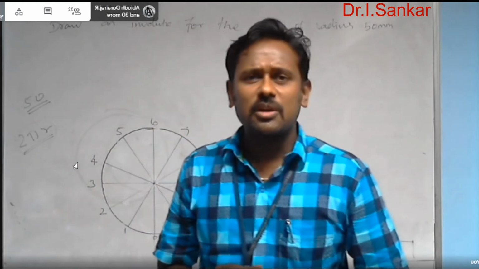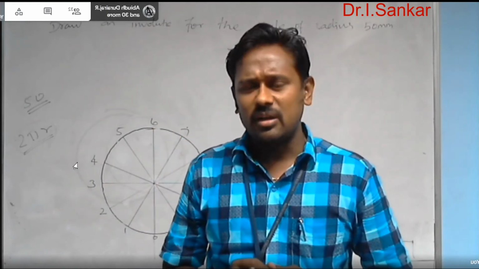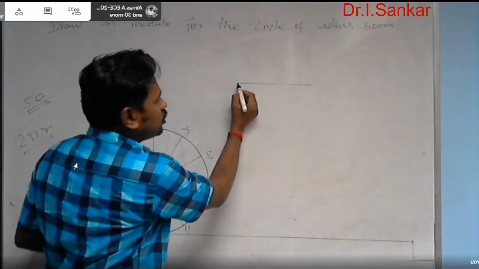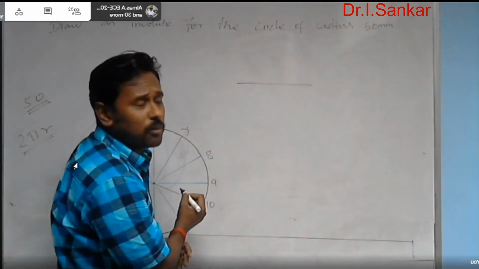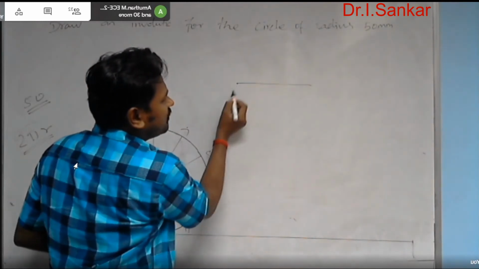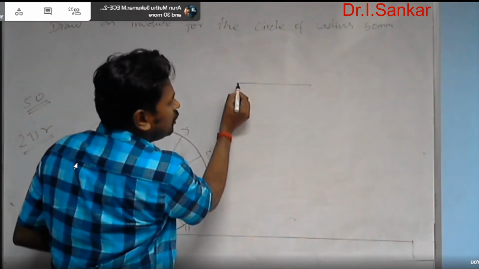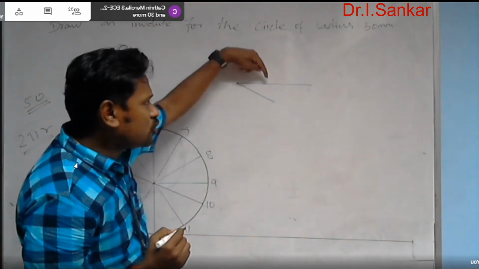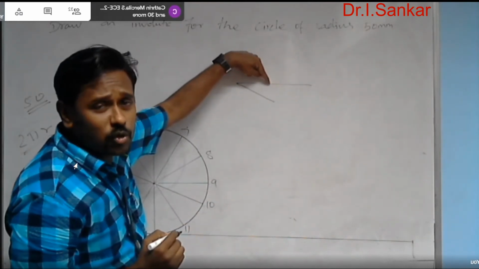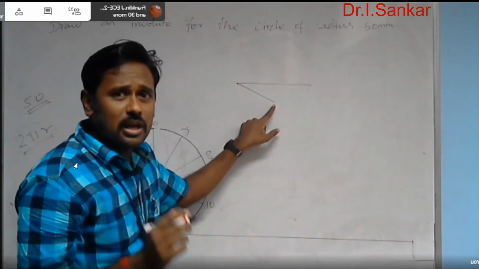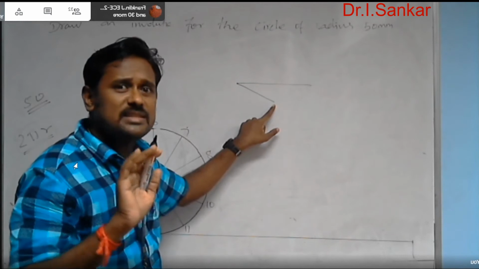For that purpose, a method is available. It is the pilot line method. I already instructed it in the previous videos. That is, in order to split a line into a number of equal parts, first you have to draw the line. After that, from the left end of the line, you have to draw a line with known length. For example, if I am supposed to split the object line into 8 equal parts, then I have to draw a line which can be split into 8 equal parts easily.